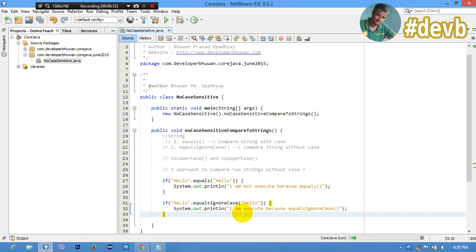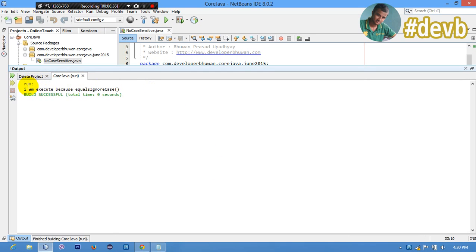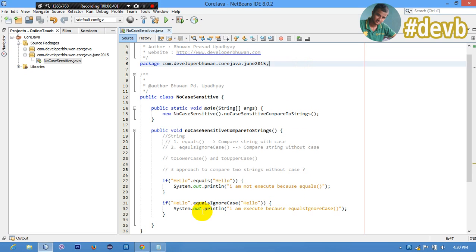For example, we have to see the output. Here you can see that I am execute because equalsIgnoreCase does not care about any cases. This is the general approach to compare strings without any case, but I will describe two other approaches.